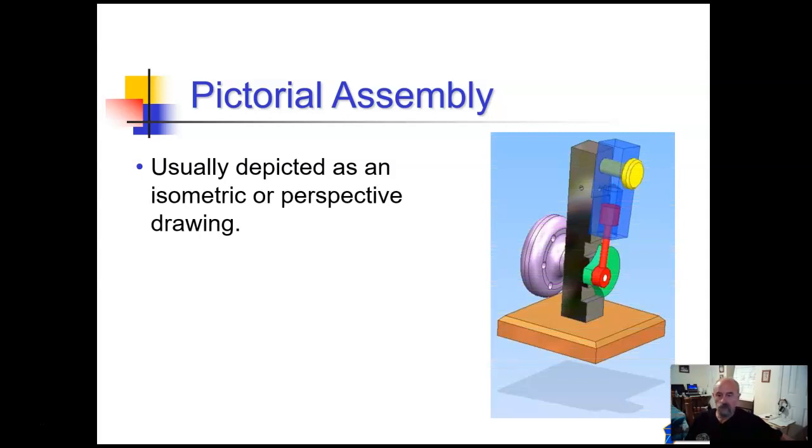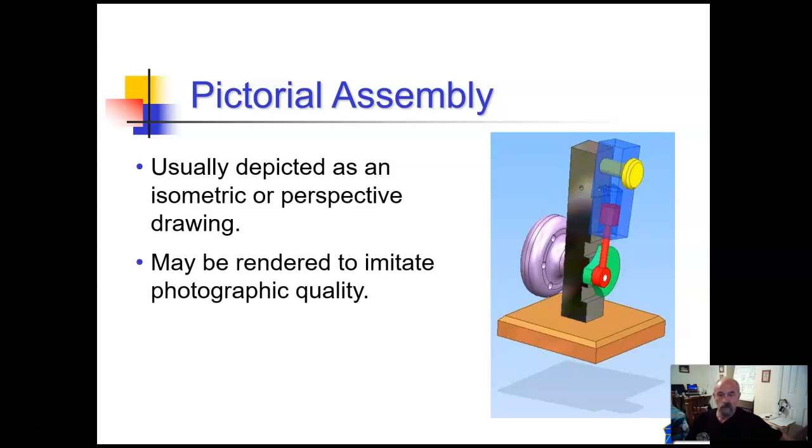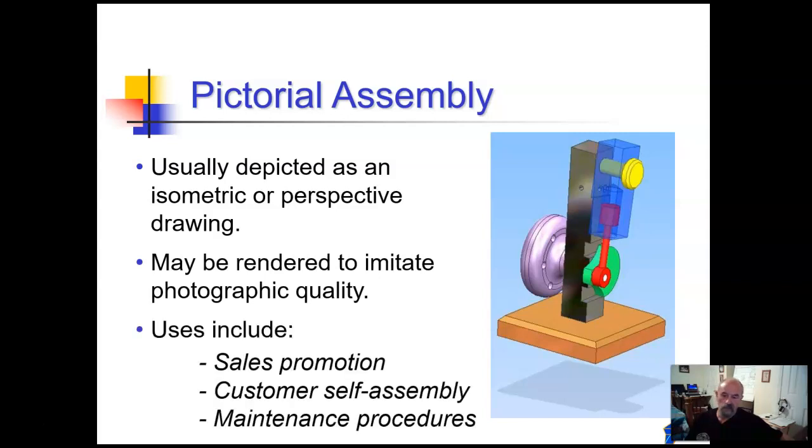Pictorial assemblies are usually depicted as an isometric or perspective drawing. This is a rendering out of Autodesk Inventor here on the right of that compressor that we were talking about earlier. It may be rendered to imitate photographic quality, and the uses include sales promotions, customer assembly, maintenance procedures,